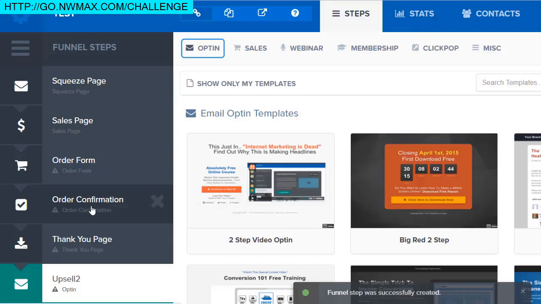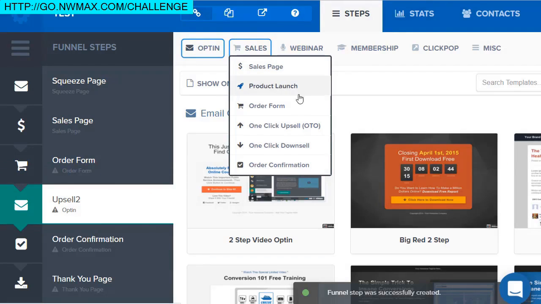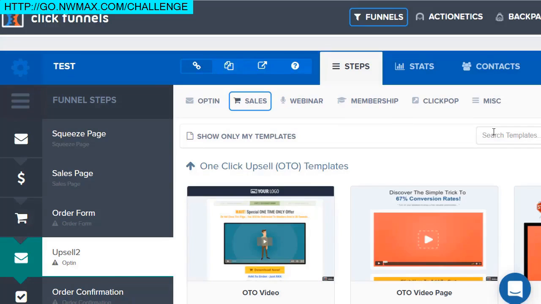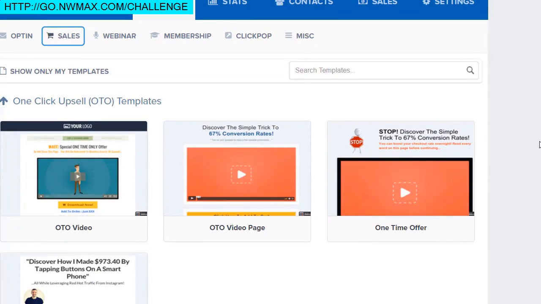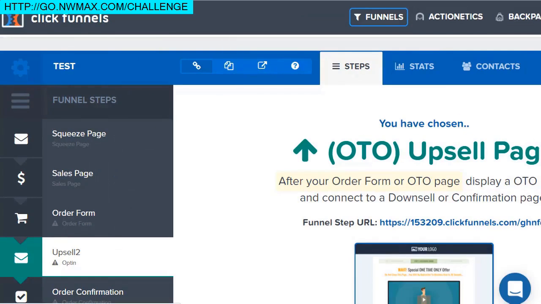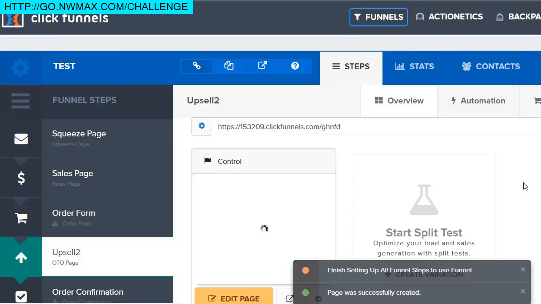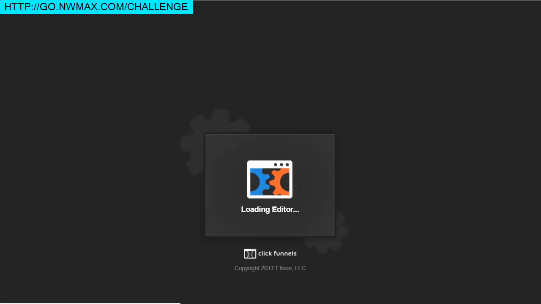Okay, you got your order form, your order confirmation, your thank you page, but after they order, they would go to upsell. So we go to sales pages and we go to one-click upsells, which are a godsend. These are amazing. I used to just use PayPal. My conversions immediately increased, basically just from implementing the one-click upsells. They don't need to enter their information in there again. They immediately just add whatever it is to their order. Definitely going to be a very huge booster. Just using that itself